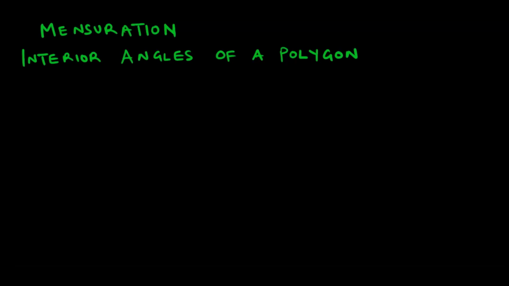So when we look at this subtopic in the topic mensuration, we are considering interior angles. We have to understand, and I think this is quite obvious, the word interior points to inside something. But since we are talking about polygons, which are shapes, it's basically inside a shape. So the angles we are looking at are the angles found inside the shape, that is, interior angles. So this is what we want to learn, and let us get to it.